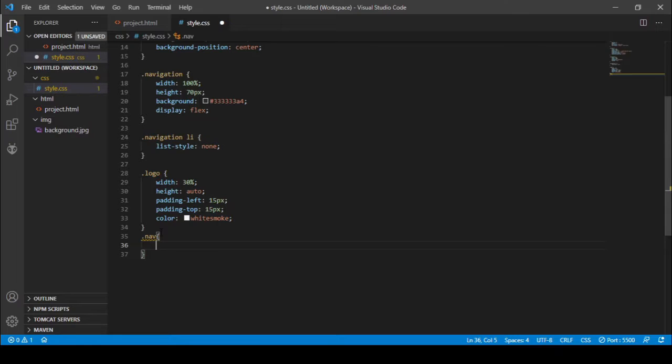So for that we have to give the width as 70% and the height as auto, and I need to display as flex for the lists present in the nav class.